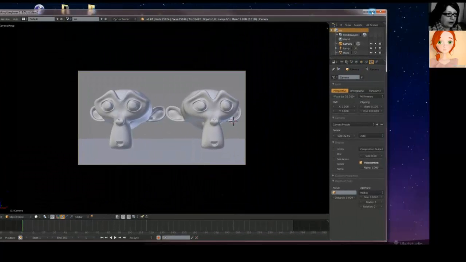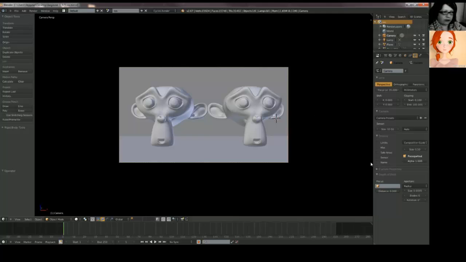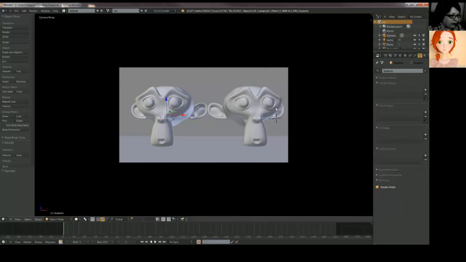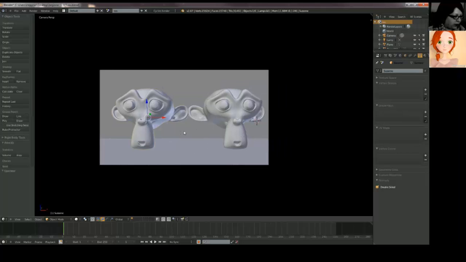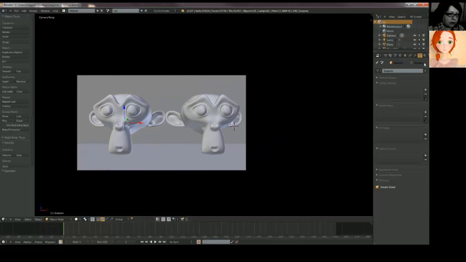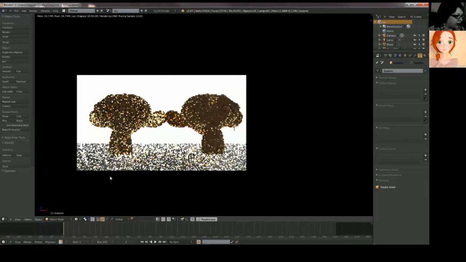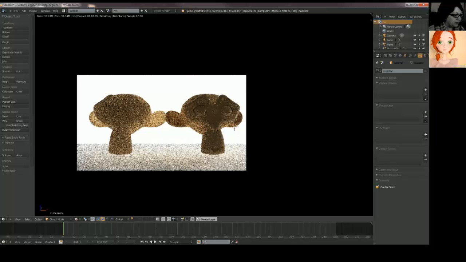Here is a sample for subsurface scattering. That's in a new build from blender.org we downloaded a few minutes before. And I have here two Suzannes with the same material but a different shader. You can see it here. Set it to render, but render it quickly.